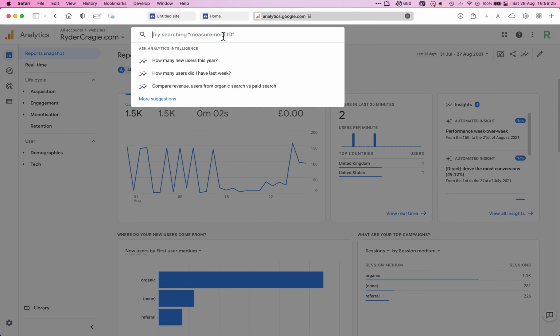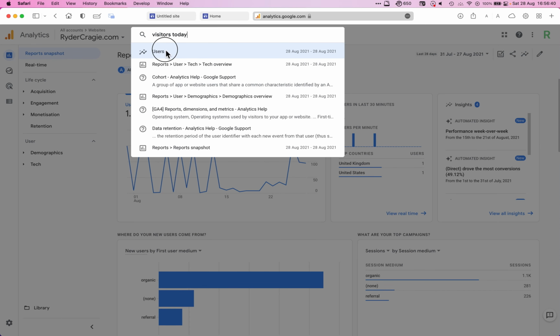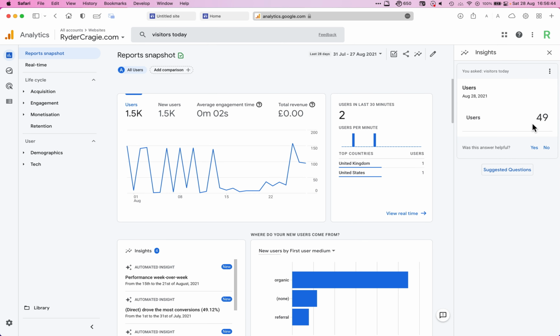You can search for things at the top. For example, if I wanted to see how many visitors I've had today, I can type visitors today. And then if I click on users, it'll show me on the right hand side that I've had 49 visitors